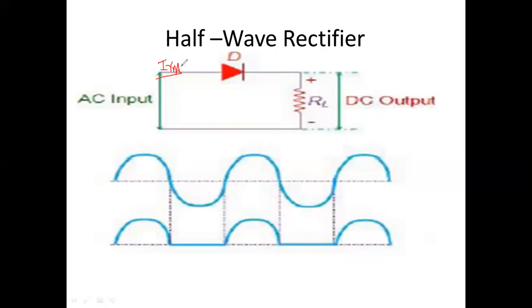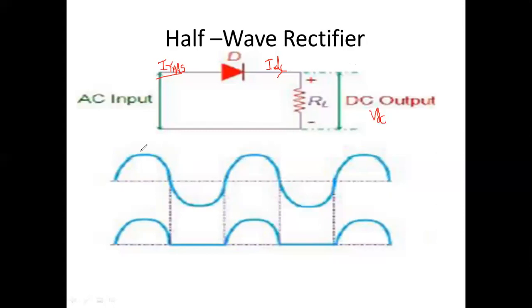Normal I is nothing but IRMS, and this output is I naught. I naught is nothing but what? IDC. Yes, output is IDC. We are going to call that one here now. So these two currents and voltages we can calculate here now. Based on that, whatever output voltage comes, that DC output voltage is VDC. We are going to call that one.